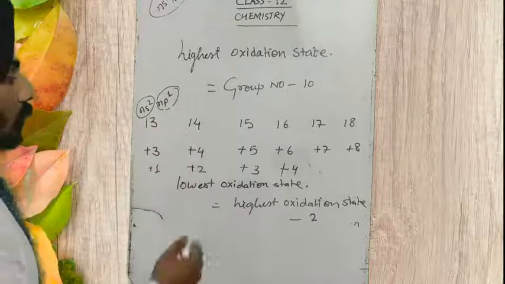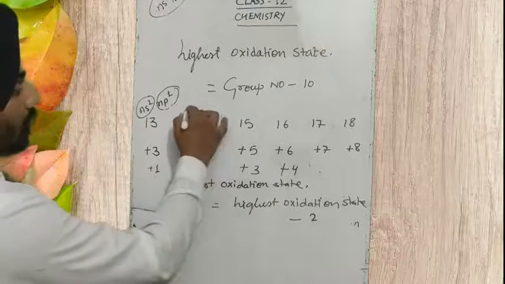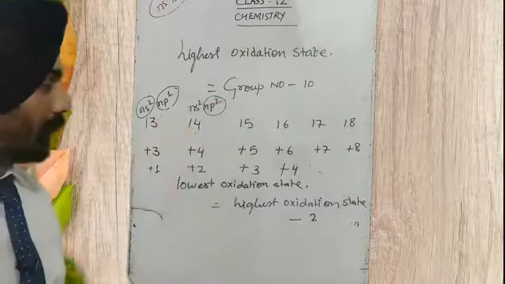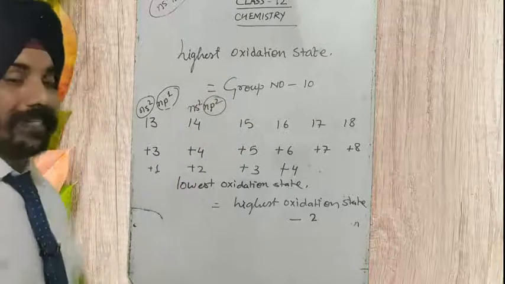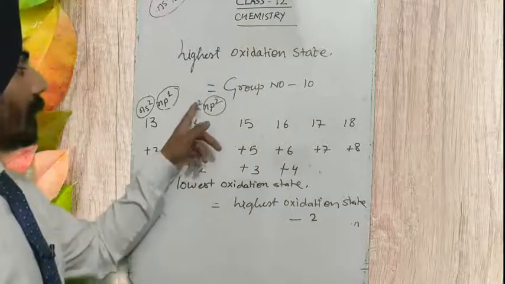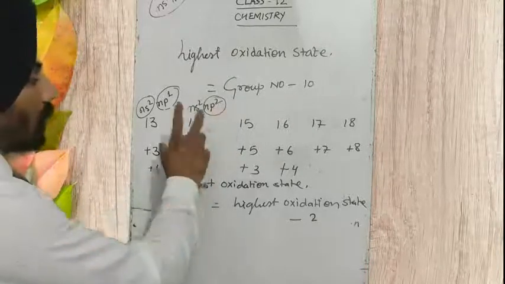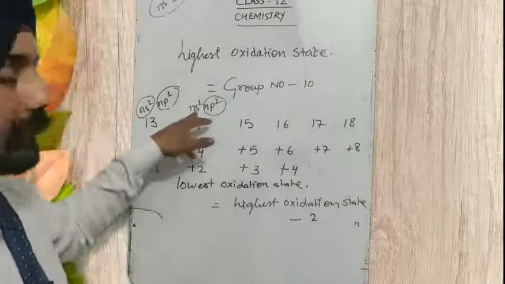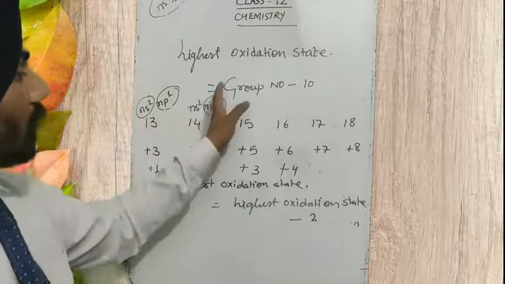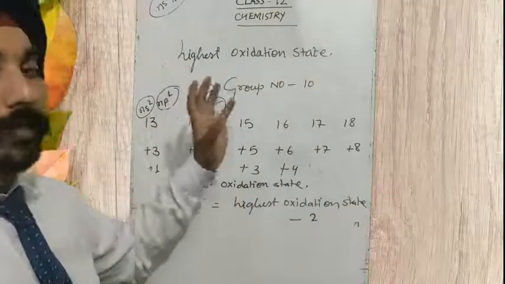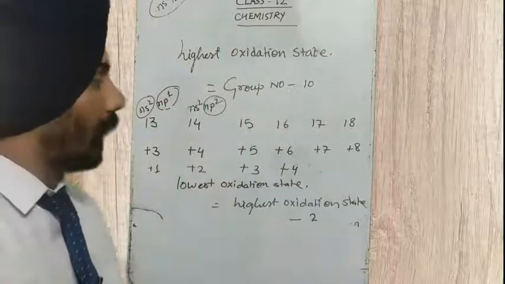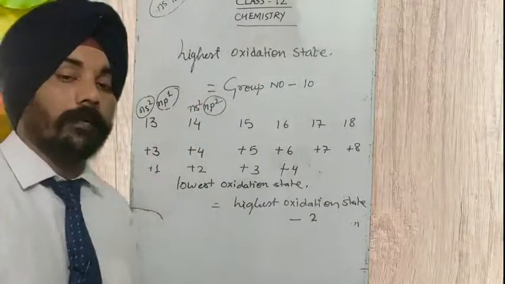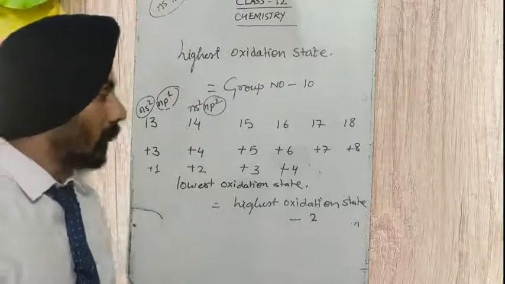Here, what should be the lowest oxidation state? ns2 np2. There are only 2 electrons in the p subshell, so the lowest oxidation state is +2 and the higher state is +4. Because when they expand their electronic configuration, the ns electron shifts one of its electrons to the vacant p orbital or vacant d orbital, as the number of orbitals present depends upon the element we are talking about.